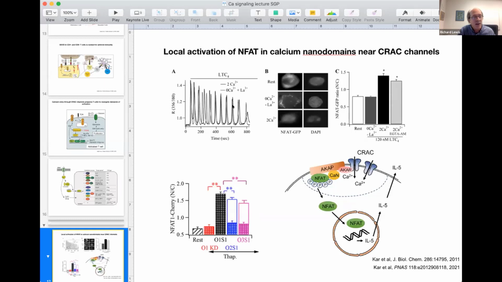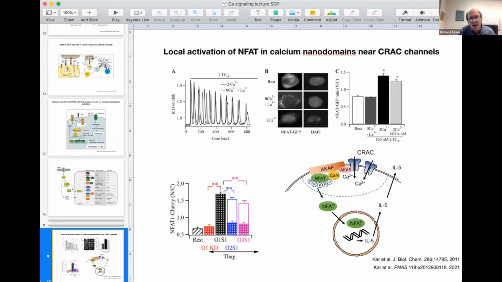So in many cells, stimulation of phospholipase C-linked receptors will evoke calcium oscillations. This is caused by repetitive release of calcium through the IP3 receptor in the ER membrane. And because plasma membrane pumps pump out a substantial fraction of the calcium that exits through each spike, during each spike, CRAC channels need to open in order to resupply the calcium that's been lost to the cell. Otherwise, the oscillations die out over time as the ER becomes depleted of its load of calcium.